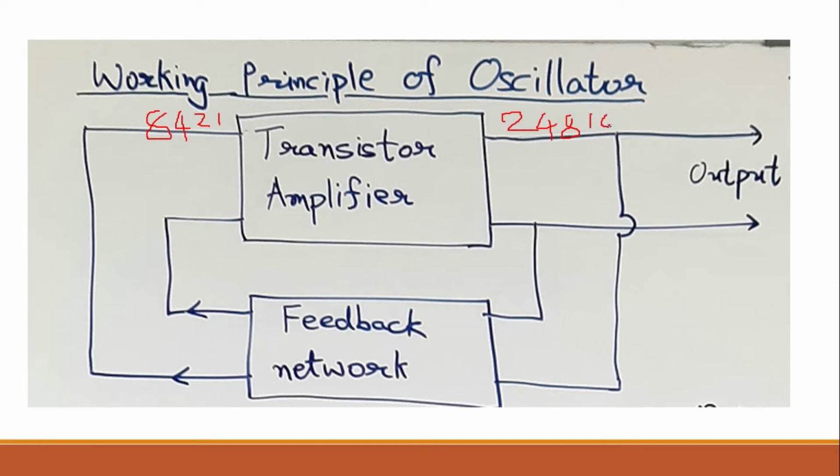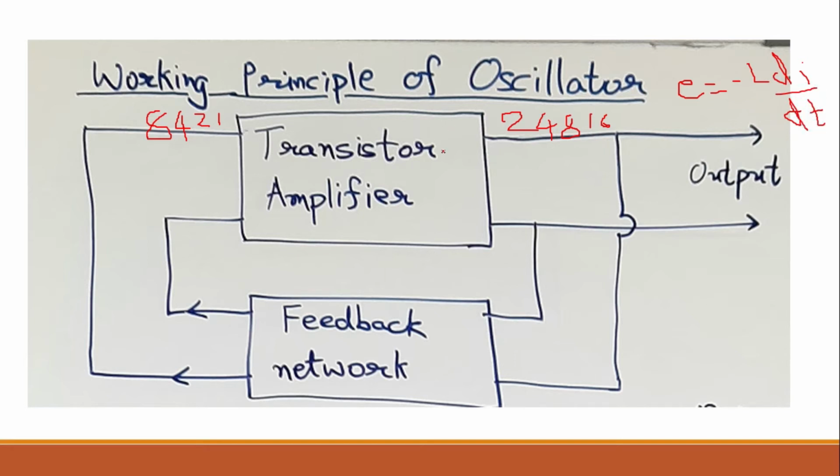And this goes on up to the level where the collector current reaches saturation. Once it reaches saturation, then it will not increase further. If it will not increase further, it will start decreasing. Getting it, right? Why? Because we are also using an inductor in the circuit, and you know the inductor has the voltage equation of E equal to minus L di by dt. The voltage equation of the inductor is minus L di by dt.